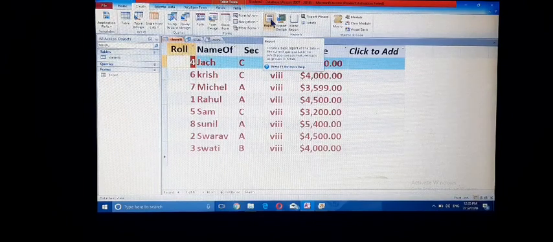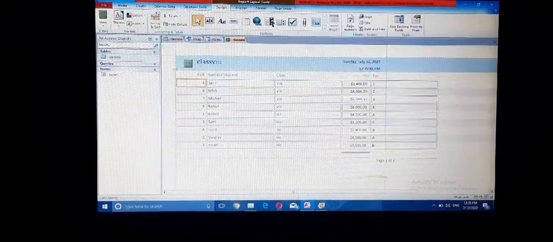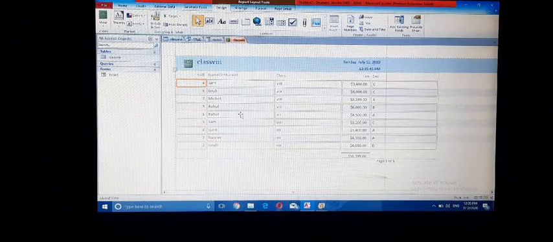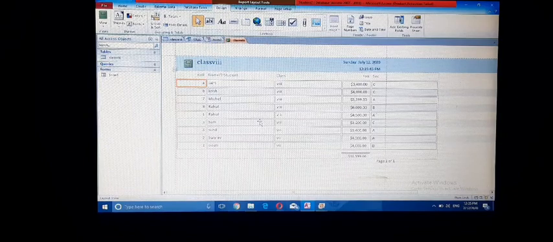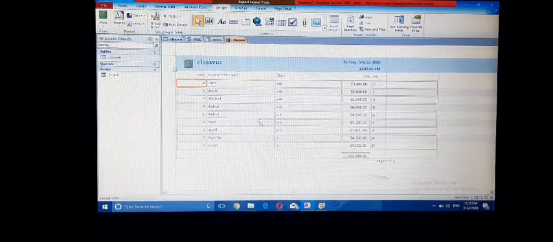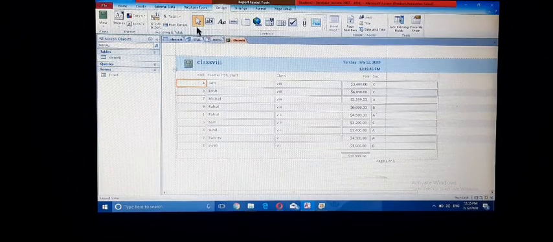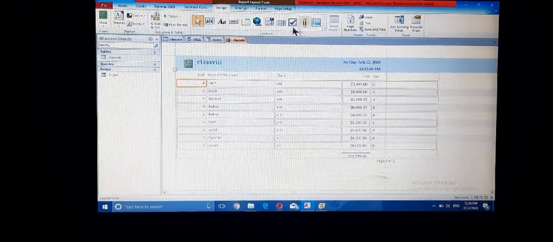Okay, click on the report button. Here you can see the report of table class 8. These are the controls we can add in the report.